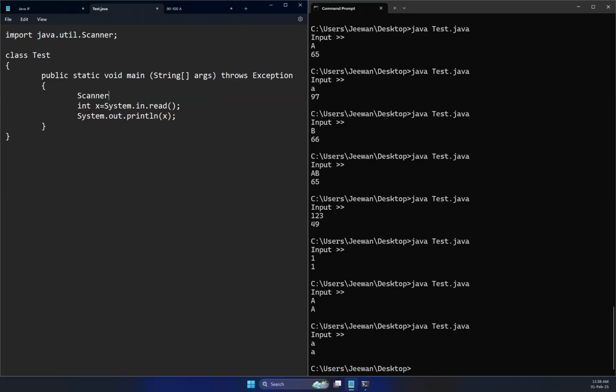Then, Scanner s equals new Scanner. Scanner s means the variable name we are going to define. That equals a new Scanner object, right? Okay, before this line, I will show you how to create an object first of all. Then only you will be able to understand this. Right now, let's assume